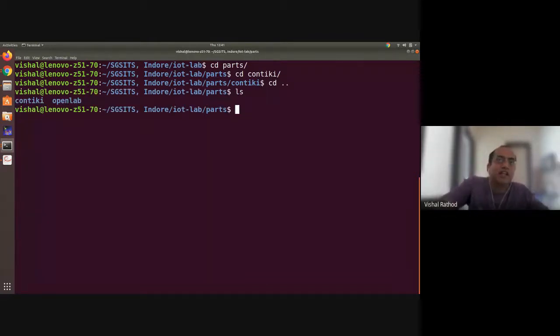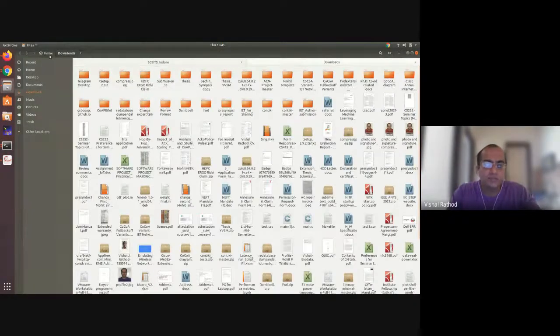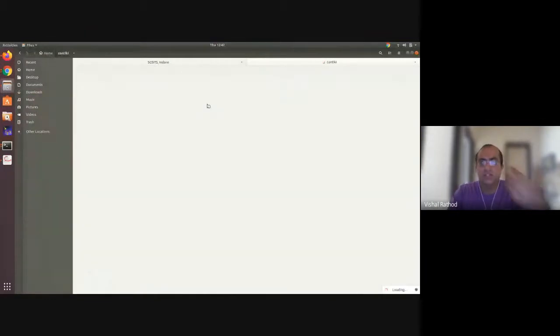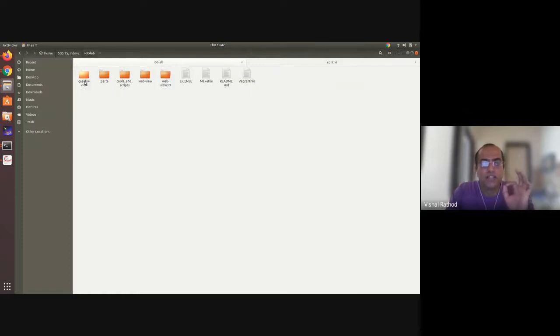Now suppose you are working in the Contiki or Riot, right? You have your code here in your local system, same Contiki or same Riot, all the files are there. You are working on your local systems, and the same code is here. You can see parts, Contiki, same code.